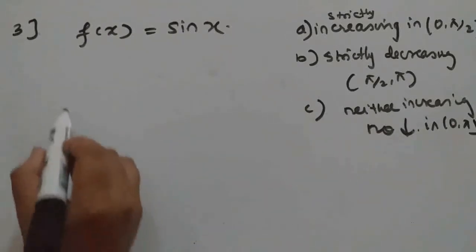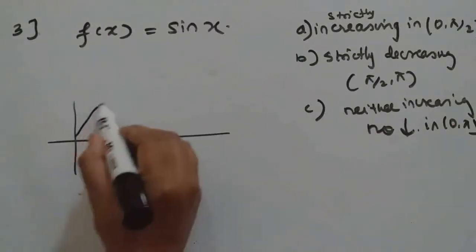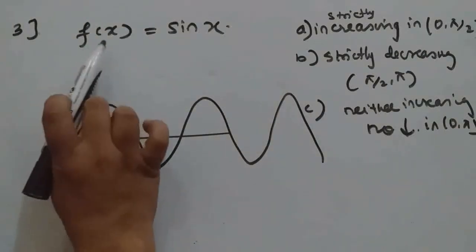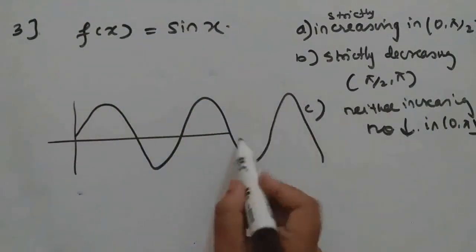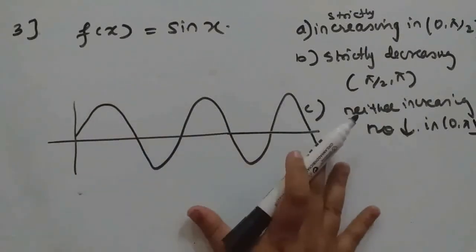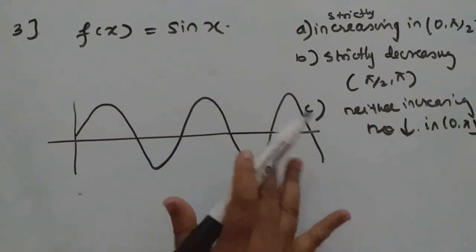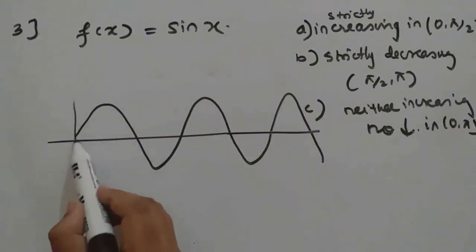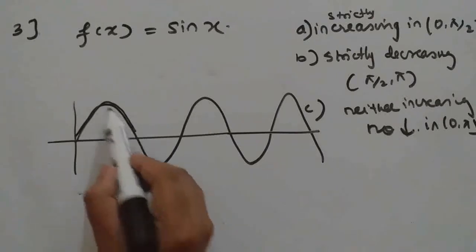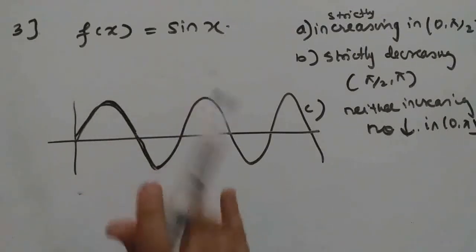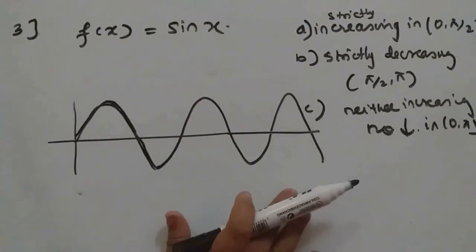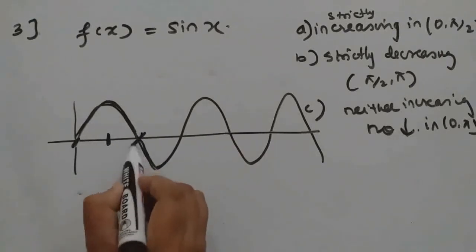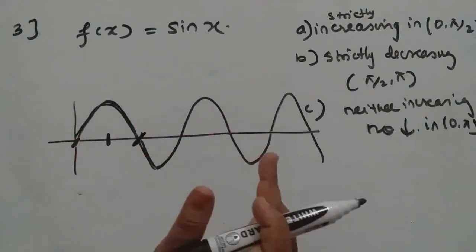See, the sin x graph we know is given by this. If we consider R as the domain, the sin x graph is treated as neither increasing nor decreasing, because for some interval it is increasing, for some part it is decreasing. So this particular graph is oscillating type. But if you consider a small interval, in that you can discuss increasing and decreasing.